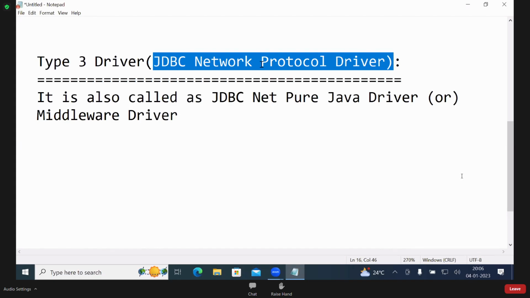See, in your academics, what will happen in your college? A lab will be there. In a lab, hundreds of systems will be there in one room. A separate room will be there, and in that room one more computer will be there. They'll put a sticker on it, server room. Then what will a student think? That is the server. These are clients. But client and servers are softwares.